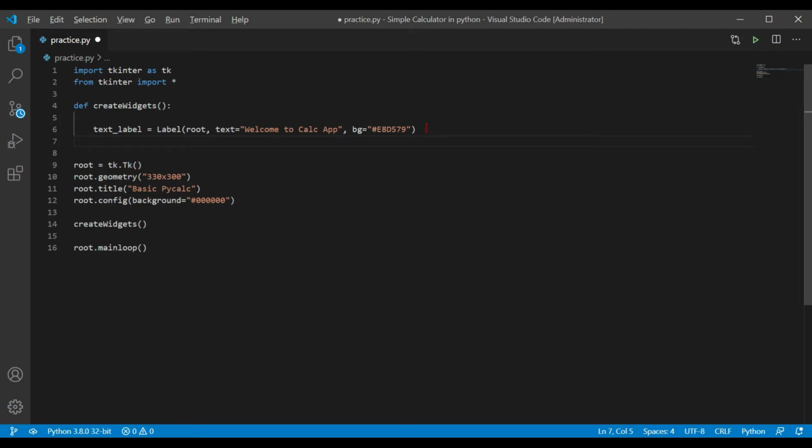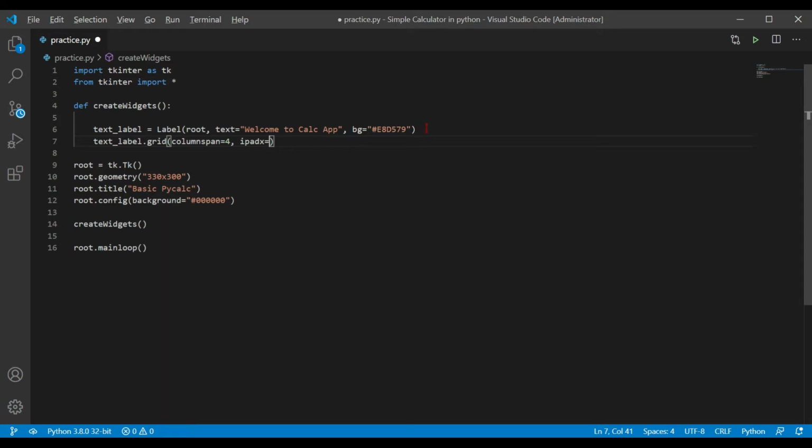So let's provide the grid. Let's place this label. We'll be providing column span today, so we don't want any of our styling to be deferred because of this label. So we'll be providing column span. Let's give it 4 column span, so it will cover all the 4 columns. And let's give inner padding, so the label will be spread all over the window, but the text should be centered.